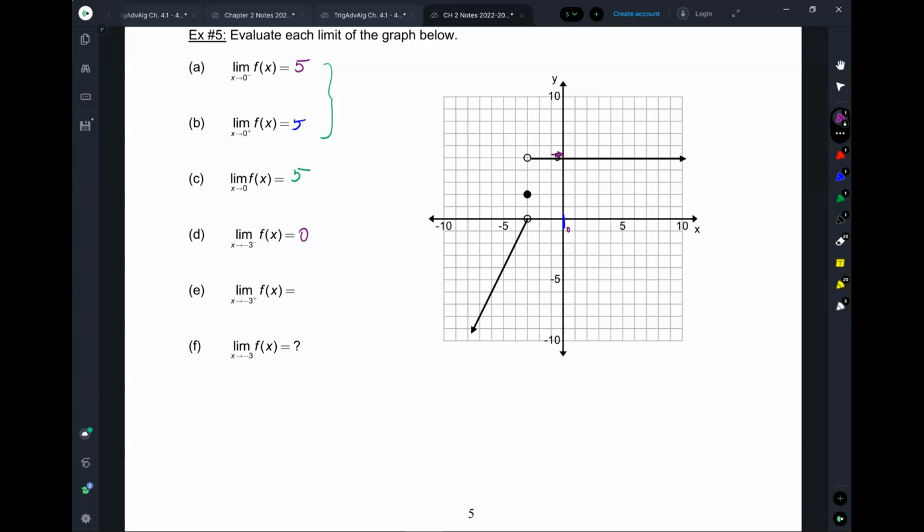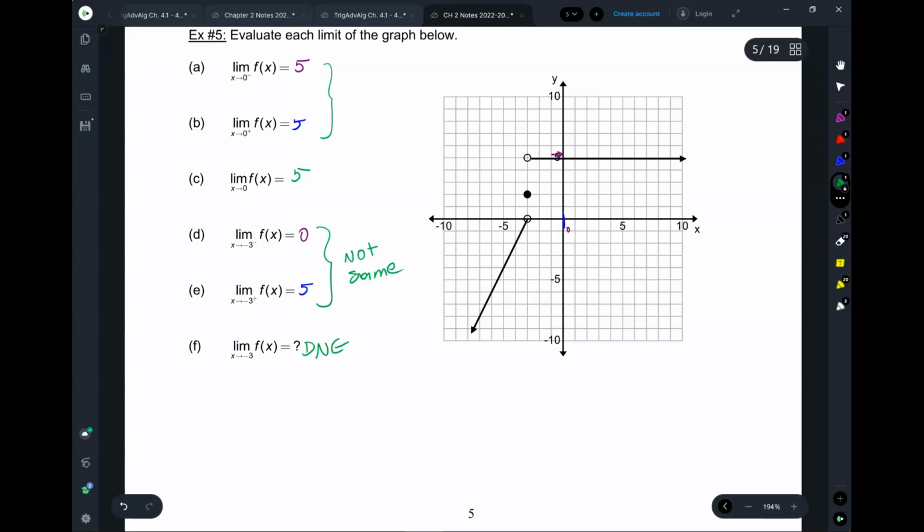Look, where's -3? Right here. This is x equals -3. Too far away. Immediately to the left, where's the graph? Not here, that's just exactly at 3. Immediately to the left, the graph is here at y equals 0. And then as x approaches -3 from the positive side, immediately to the right, what y value does the graph have? 5. Because these are not the same,